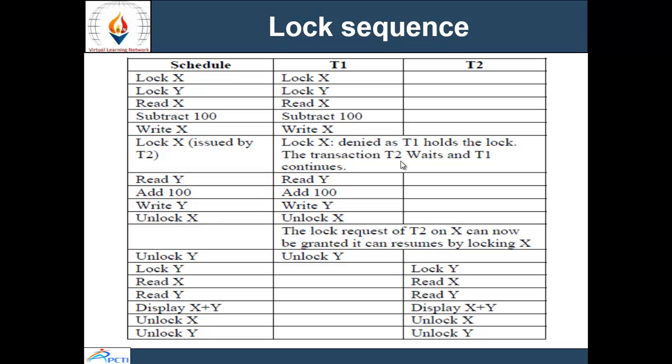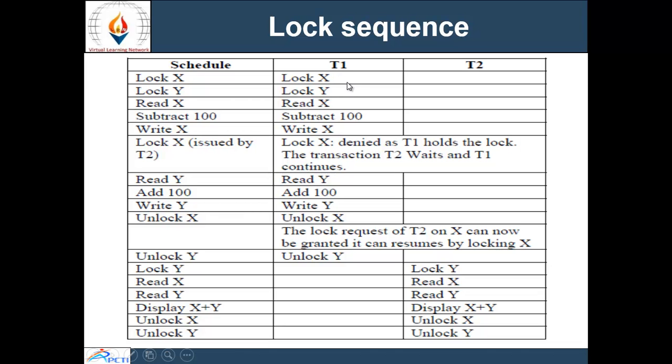Now this is the lock sequence: schedule lock X, T1 lock X, then T1 again lock Y, it reads X, subtracts 100 and writes X. Then again lock X is issued by T2. Now lock X is denied as T1 holds the lock.